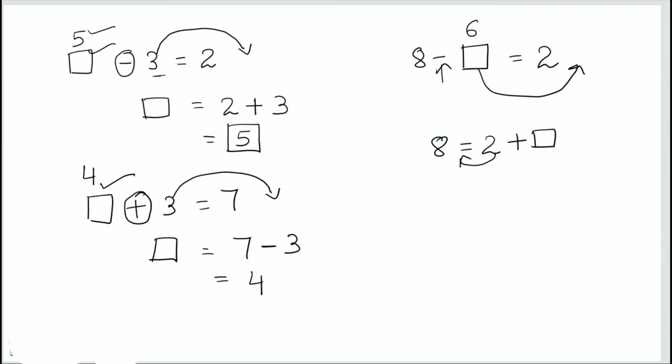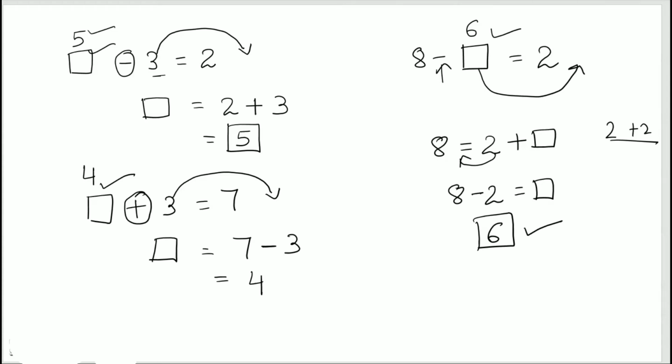Before 2, there is no sign. So that means it's a positive number, right? Because we know that 2 and positive 2 is the same thing. So here it becomes 8 minus 2 equals blank box. So 8 minus 2 is 6. So that is the answer, right? This is our answer. So all you need to know is that whenever a number is changing side, moving to the left or the right of the equal sign, also change the sign while doing so.